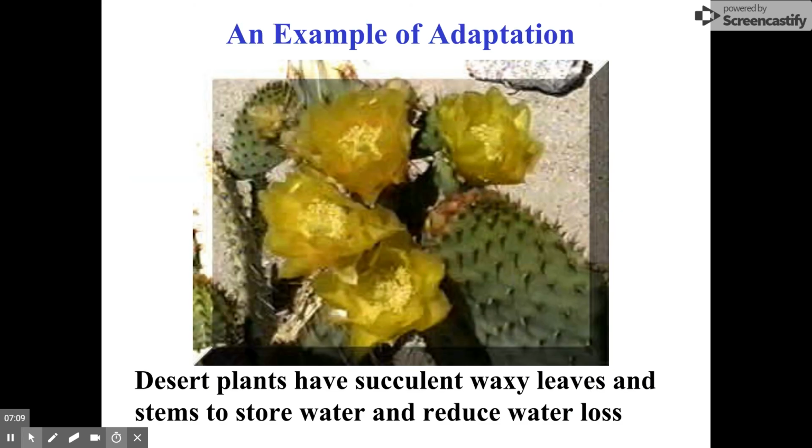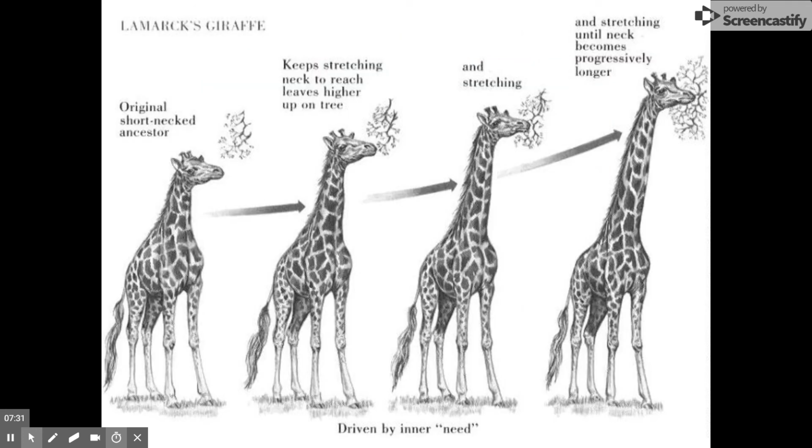A great example of an adaptation would be that over millions of years, dry desert plants have developed this thick, waxy cuticle around their leaves. So, succulents typically have very thick leaves, and that helps them to reduce the amount of water loss so that they can store more water in that very arid environment. Another very, very common example is that over millions of years, the giraffe's neck has gotten longer as the food source that they have eaten has risen higher and higher. So that adaptation has proved useful, and therefore it evolved over millions of years.